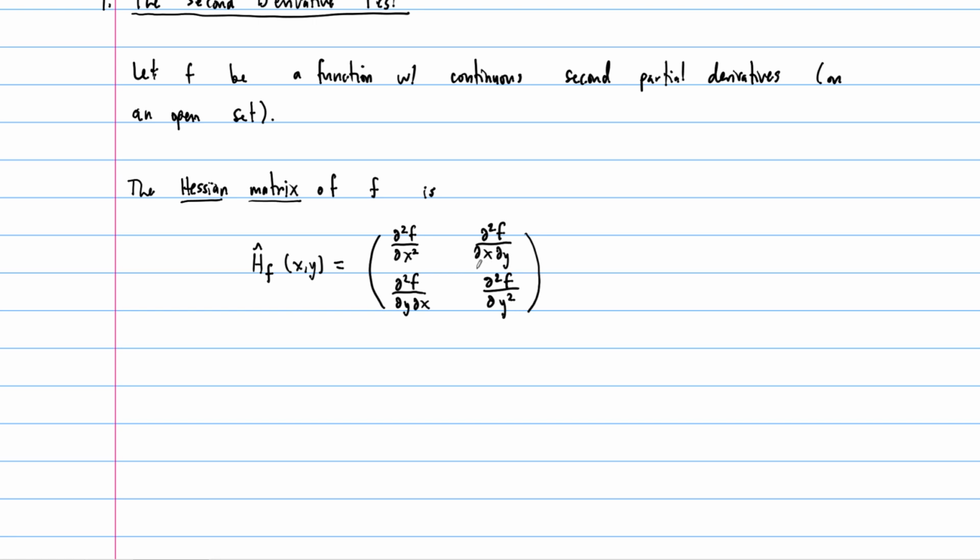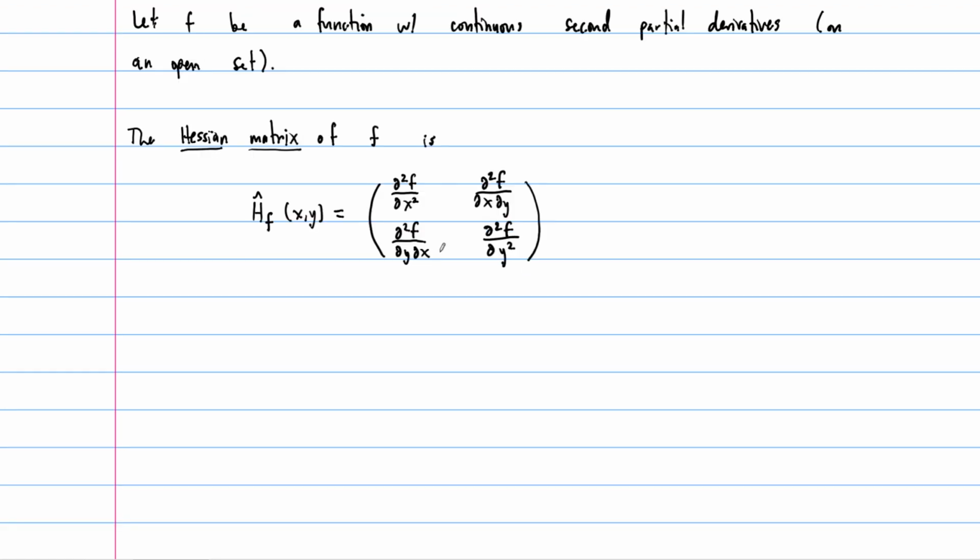Now, I said we're only going to do one thing with this, and the one thing that we're going to do with this is we're going to take its determinant to make what we call the Hessian function. So the Hessian function, also sometimes just referred to as the Hessian, for us at least. So I'll write Hessian with function in parentheses, sometimes called the Hessian determinant, but we're just going to call it the Hessian probably moving forward. Of f, this is the function. Now we'll just call this h sub f of xy. So drop the hat, right? This is going to be the determinant of h with a hat